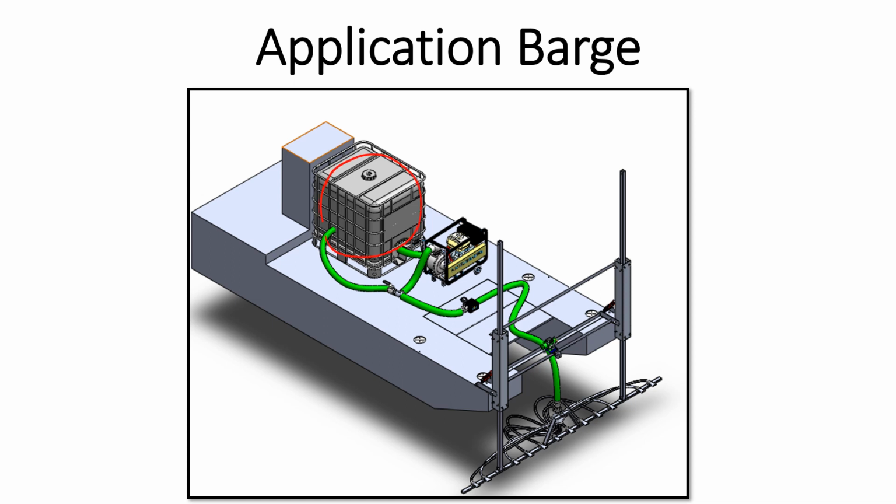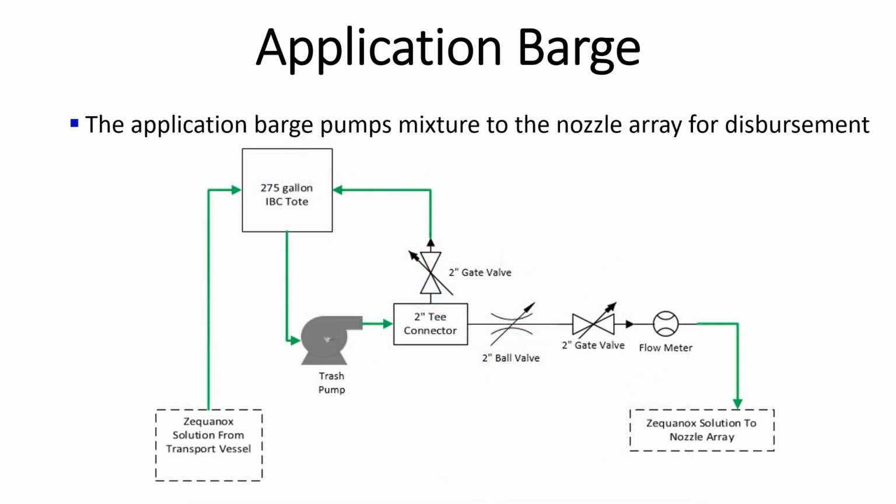Upon receiving the Zequanox mixture into the boat, it is also maintained in continuous circulation, at least as necessary. Then this valve right here allows it to be redirected into the distribution manifold and then spread across the injection manifold in such a way that the volume flow rate can be controlled and one can establish a uniform velocity that is equal and opposite the velocity that the boat is traveling at. So again, continuous circulating mixture